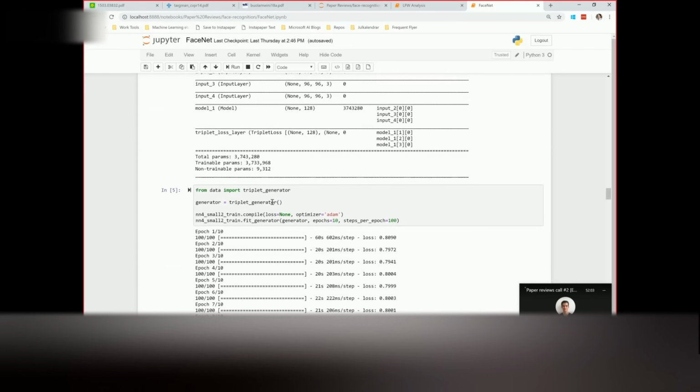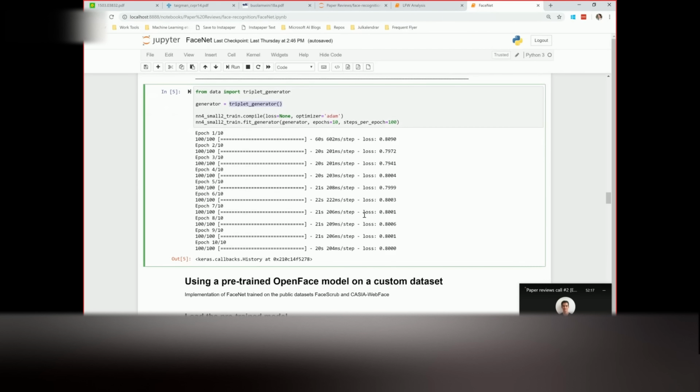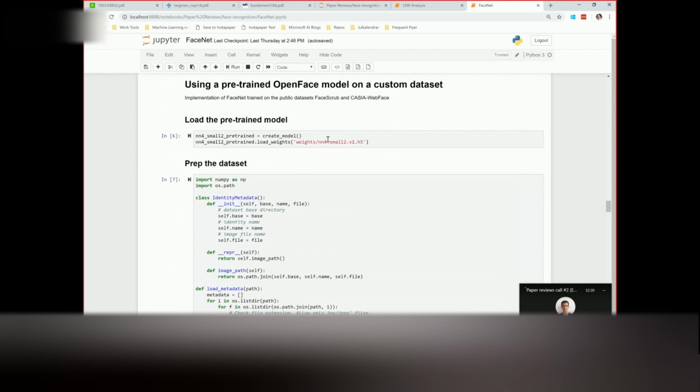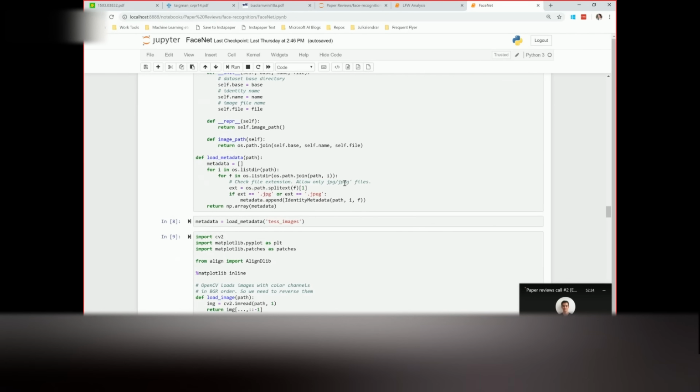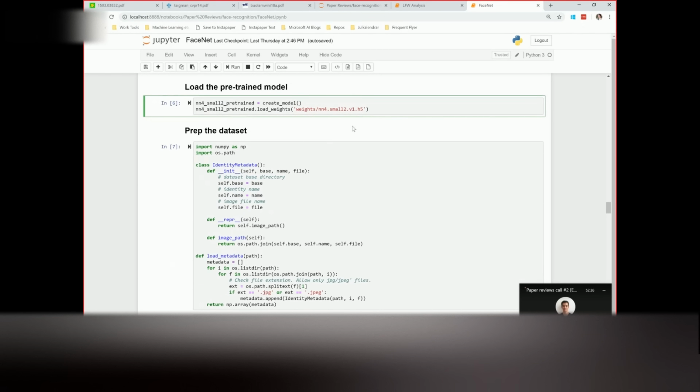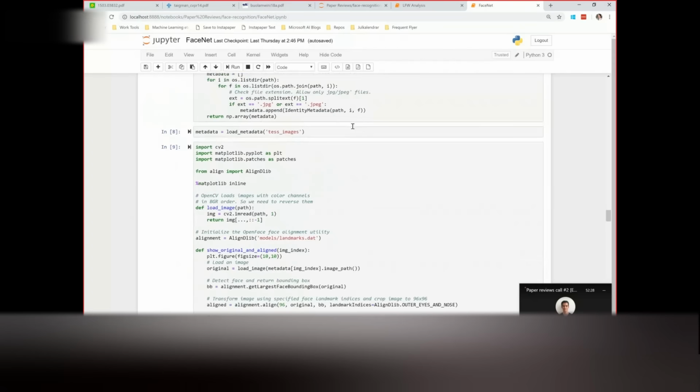And then you have this generator, which in this case is not implemented, it's just a fake. But that would go through and pick those very different triplets for you to make this converge faster. But then using a pre-trained model, like the OpenFace model, we can do this. Basically we can just generate these embeddings. And I wanted to get down to